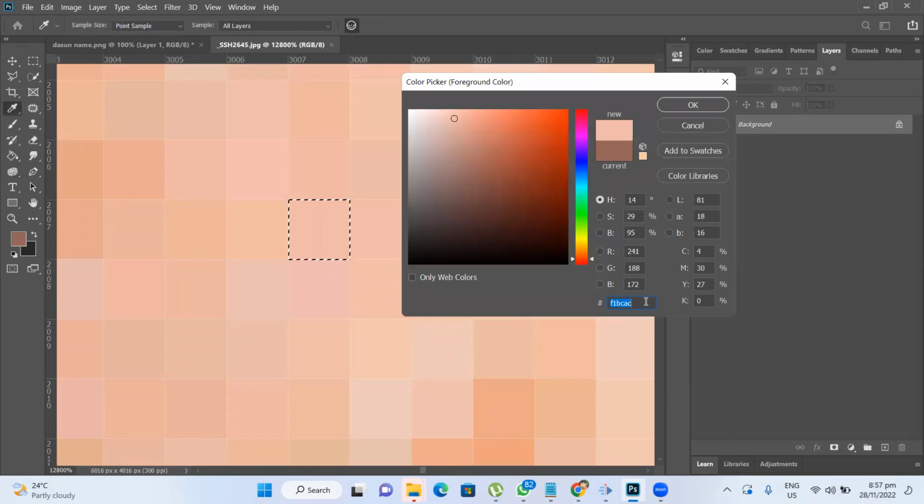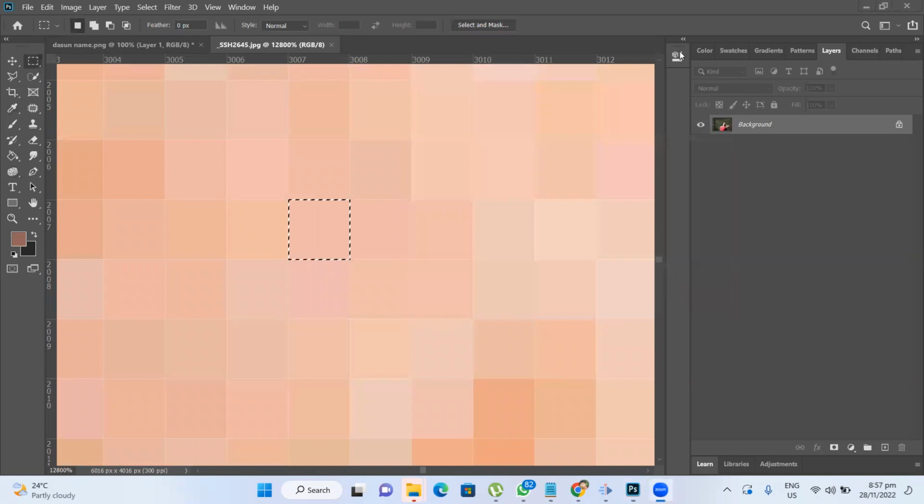F1BCAC. We will learn this. This is a hexadecimal number. This can be written easily in binary. If I write this number in binary, F means 1111, 1 is 0001, B means 1011, C means 1100, A means 1010, C means 1100, and this is the number in that pixel, right? If you take this square, don't think in a complex way, but if you just take this square